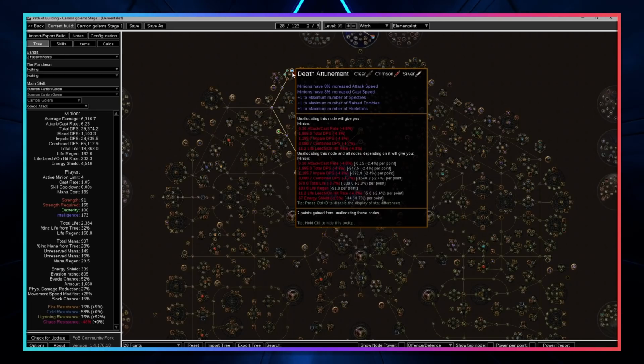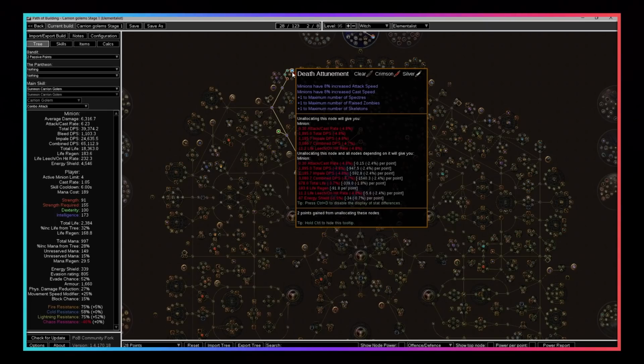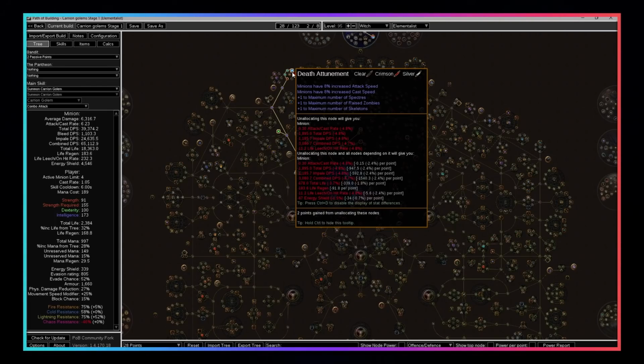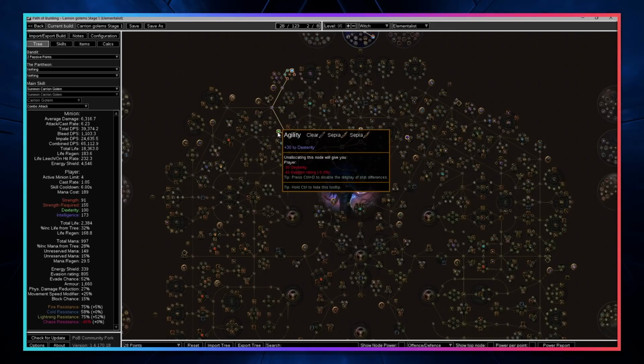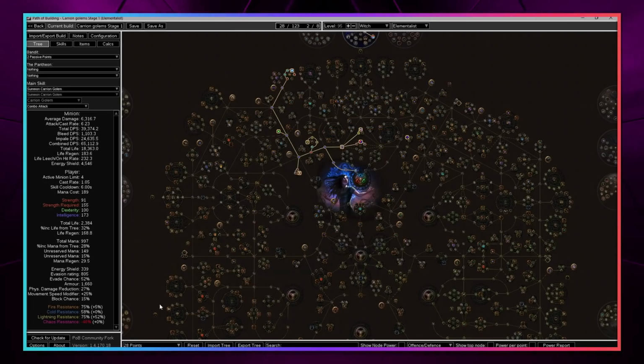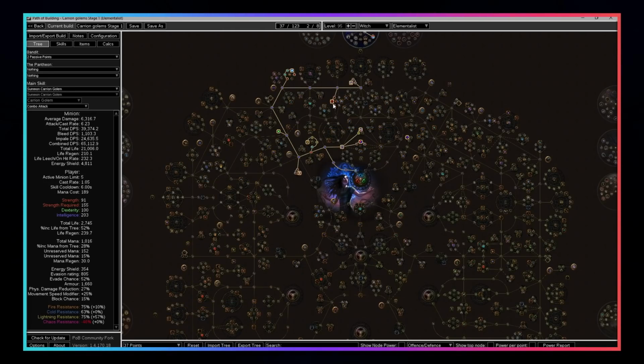If you really want, you can use Slave Drivers from Act 5 that control blocks for a bit of extra damage. Up to you, just know that they do tend to die a lot. Also note here that you're going to get this Dex node if you do need the extra Dex. From there, we're going to grab some life, and then we're going to go up to the +1 to maximum